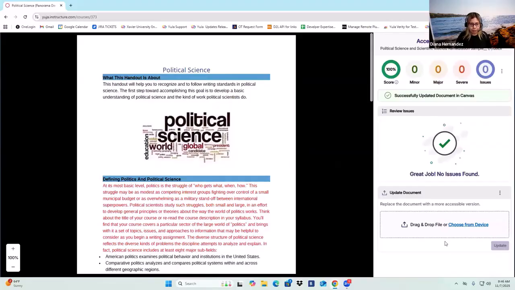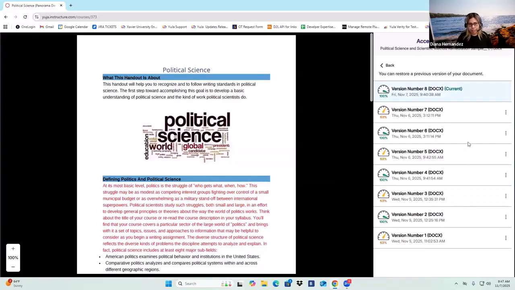All right. Another thing that I wanted to mention is that Panorama does have a version log. So in the case that you remediated this document but don't want to lose access to the original, right next to update document, under more actions, you will have a version history. What that means is you can always go back and revert the changes that you had made for this document. So you can restore to a version.